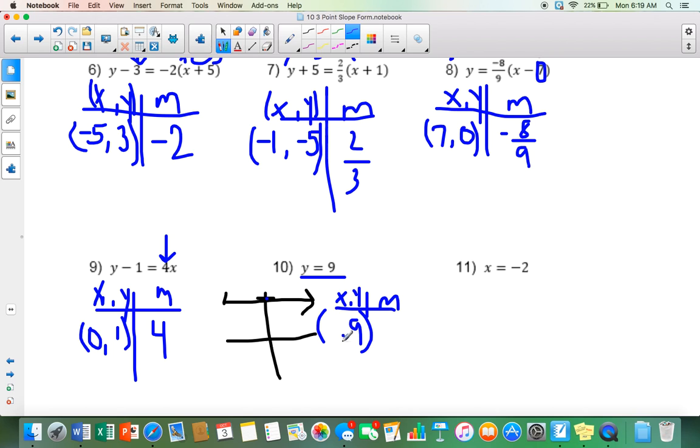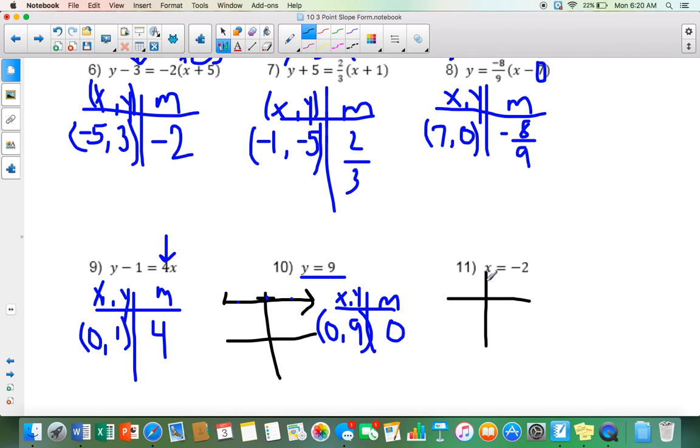Y is 9, x must be 0, because it's right here on here. And they didn't give us any more information. Now, could I have chosen this point, -2, 9? Yes, it'd be the same thing, because they all have a slope of 0. All right? Now this one, same thing. It's a tricky little